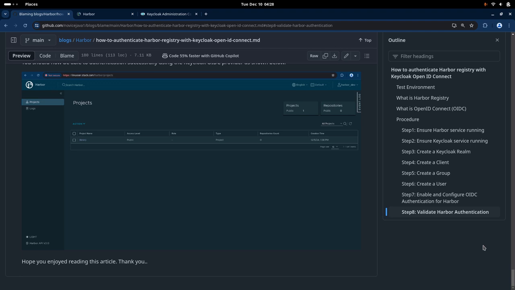So this is what I wanted to show you in this video on how we can configure both the Harbor registry and the Keycloak service in order to integrate both of them, so that the Harbor registry can leverage the OIDC protocol for